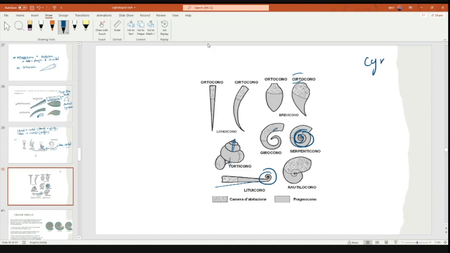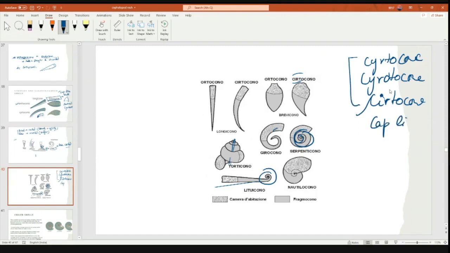And see, everywhere the spelling is something different. See, right? This one is the cyrtocone, and before this we saw cyrtocone, right? So they may be changed, okay, but you have to focus only on cyrtocone or cyrocone. Just focus, these are cap-like. You can see these are cap-like and quite curved also. That's why C is there, okay.